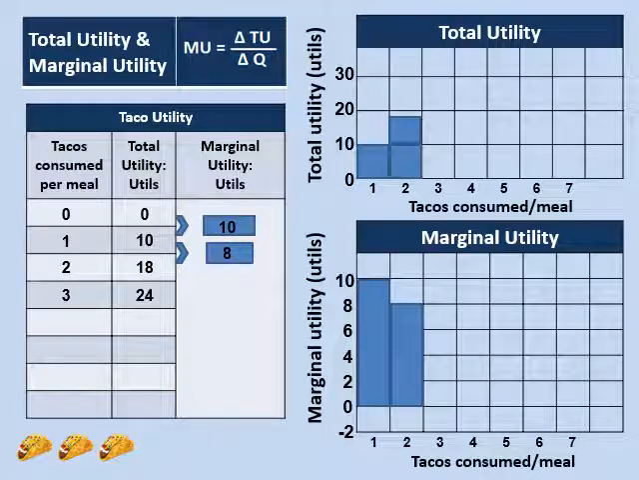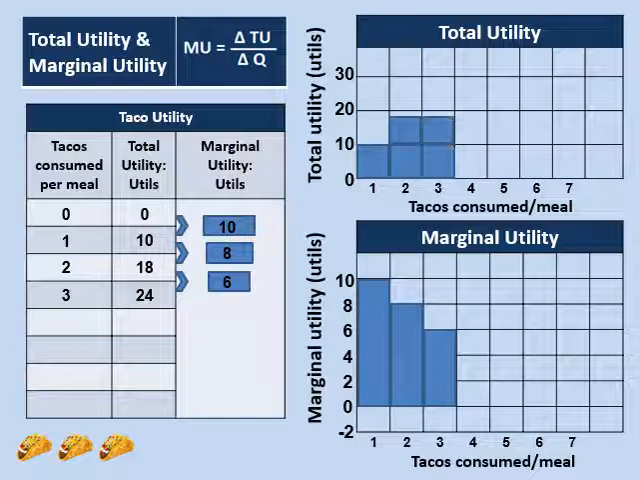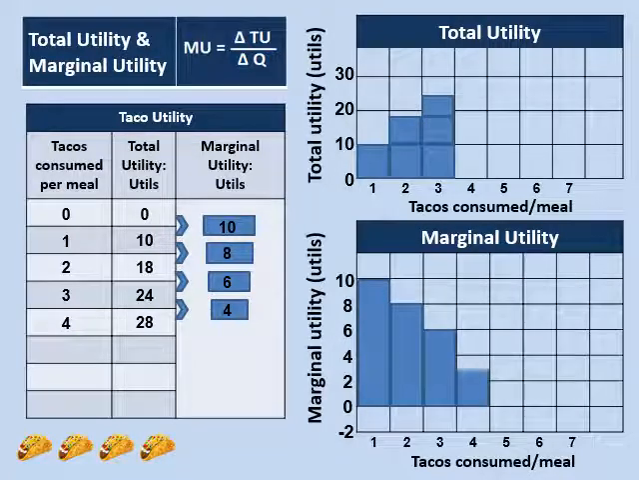Well, the third taco, we're still a little hungry, so we're going to get an additional 6 utils, not quite as much as the second taco. So we chart 6 utils on our marginal utility, and that takes our total utility from 18 to 24. A fourth taco likewise doesn't give us as much utility as the third, so we pick up 4 utils, and our total utility goes from